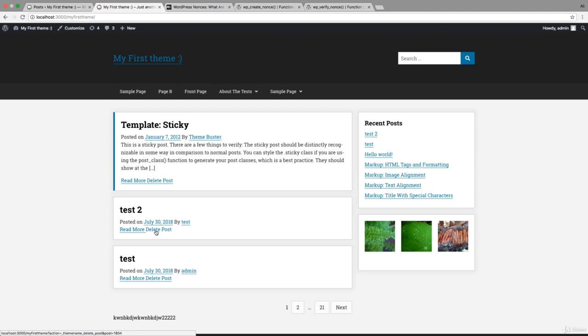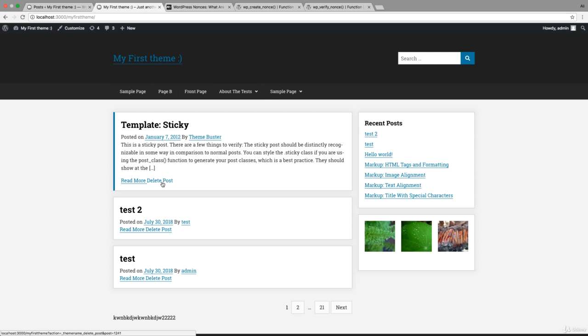But you can be logged in and he can trick you into clicking this link, maybe by sending an email with this link and some button or something like that. So by visiting this link, the post will be deleted, but you didn't really intend to delete it. So to make sure that it's you who clicked this button and you're not forced into clicking it, we will use something called nonces. So a nonce is basically another argument that we will send along with the action and